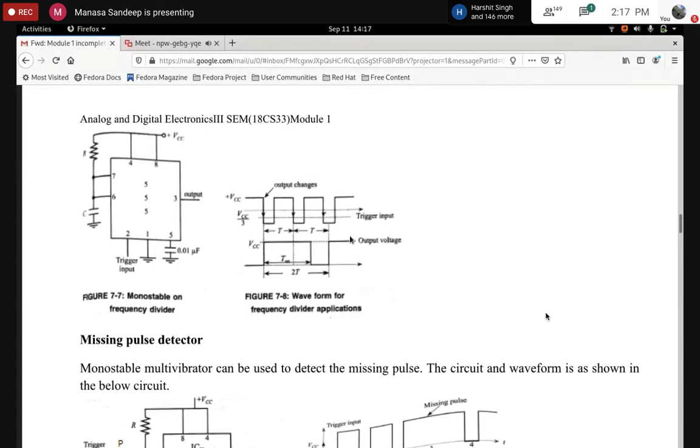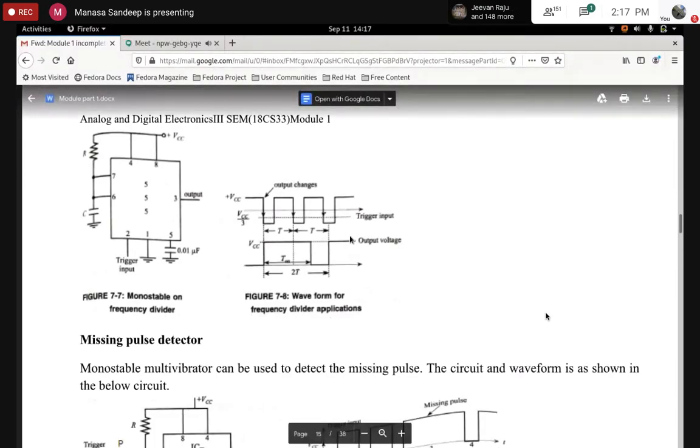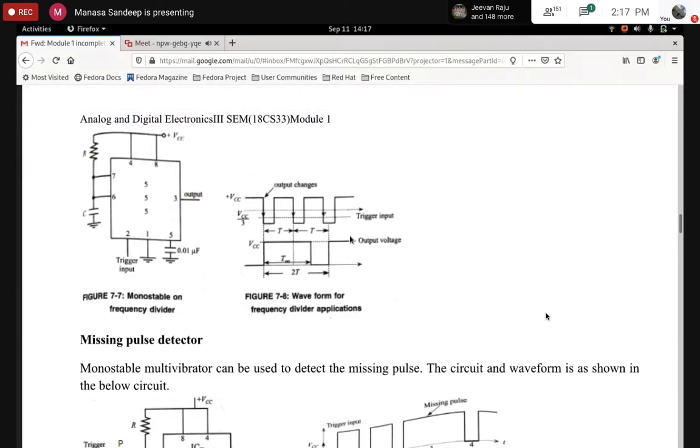So how exactly is this 2t achieved? Here you increase the t on time a bit greater than this t. You can see here t is this one, and t on is this one. Once this t on period is done, by choosing the capacitor and resistor values, it automatically comes down in the monostable multivibrator, because the stable state is the low state, correct? This story we already know.